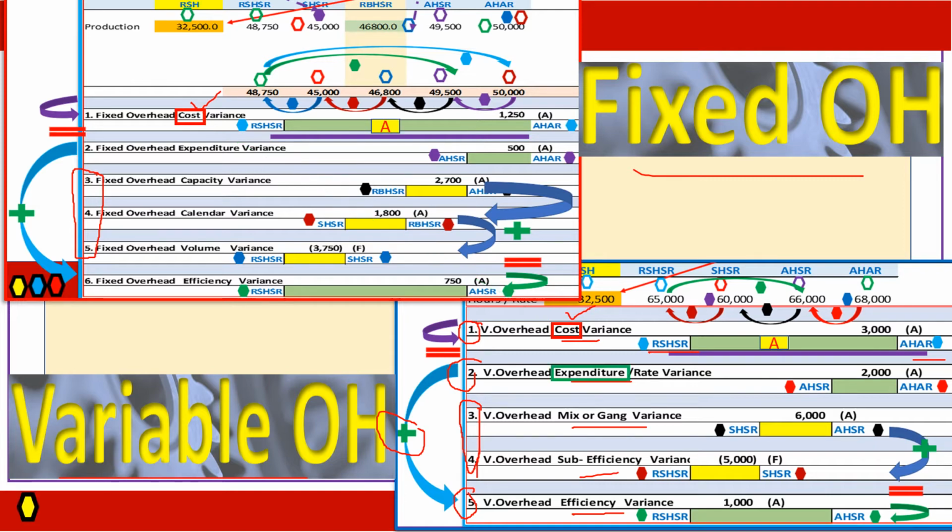They are the same. Then let us take the second one, expenditure variance, in respect of variable overheads. It is once again expenditure variance in respect of fixed overheads. And if you see its formula, it is actual hours into standard rate minus actual hours into actual rate, the difference between AH-SR and AH-AR. Therefore, even the second variance is calculated the same way as in variable overhead.